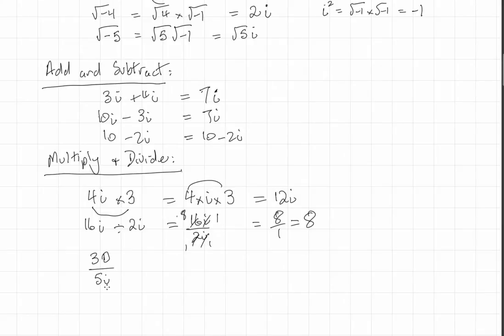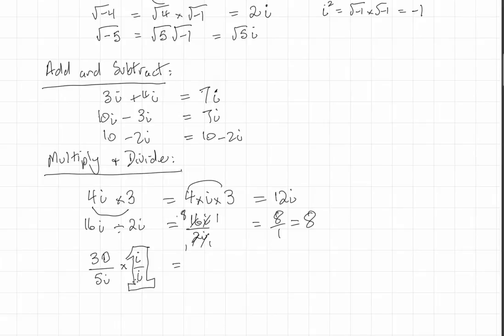It's 30 divided by 5i. It is best, when the i is on the bottom, to multiply top and bottom by i. Now once again, that is not changing the value of 30 over 5i because we're just multiplying by the number 1. So 30 over 5i, by multiplying by i over i, we'll multiply it by 1, so not changing the